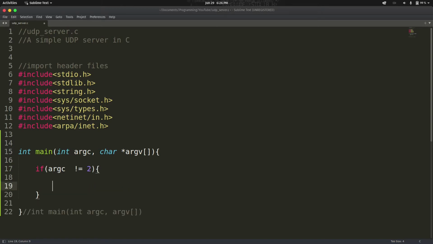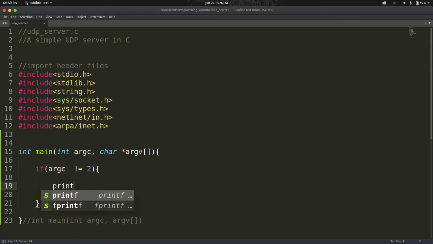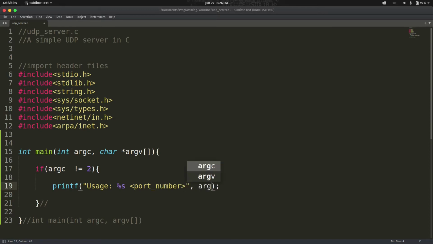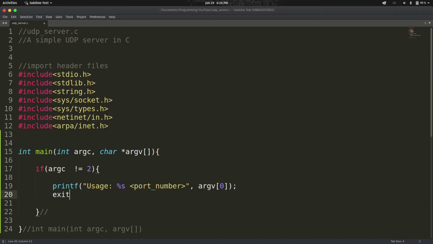If it is not equal to that, then we want to print out an error message to guide the user on how to use the application correctly. As we did in the TCP client server program, we just print this usage, and then the name of the file, followed by port number. So here we have the first argument, which is going to be the name of the file, and then we exit the program so that the user can run it again